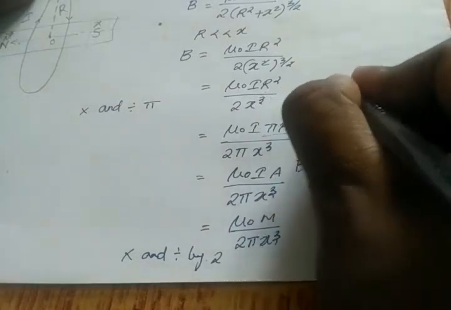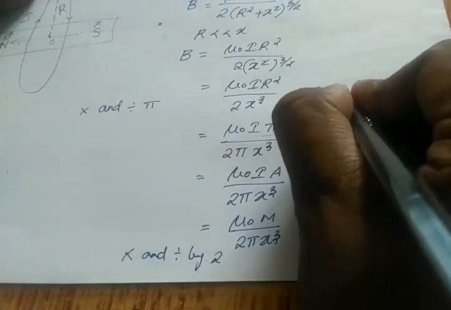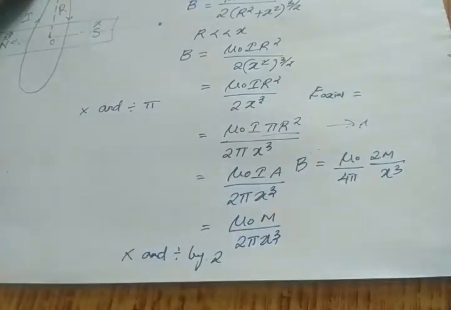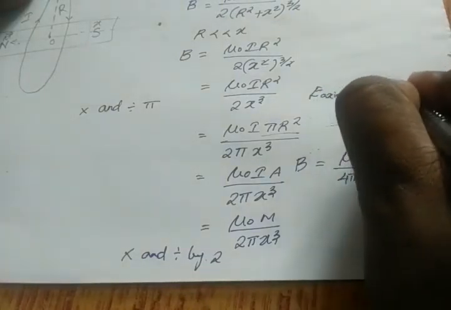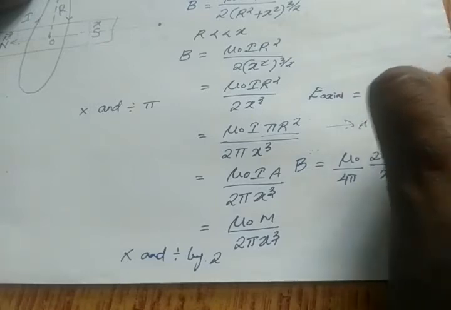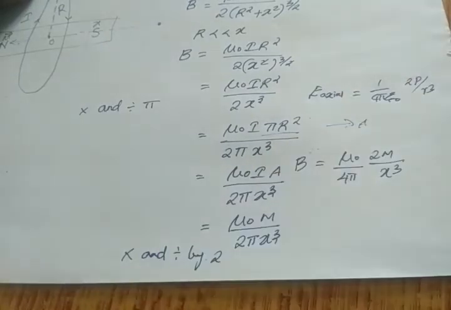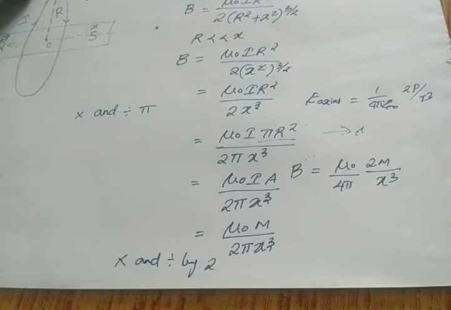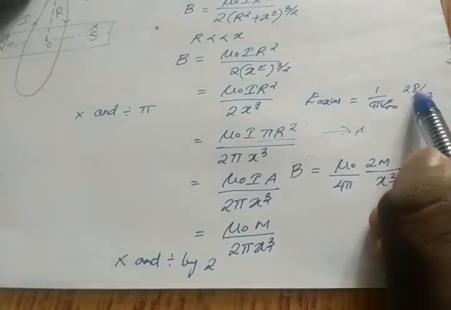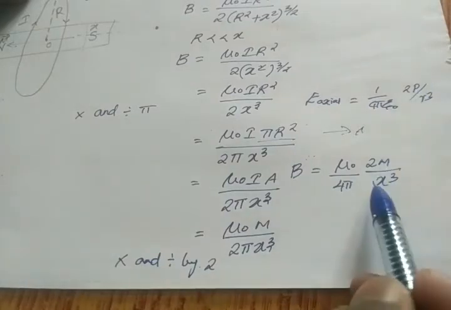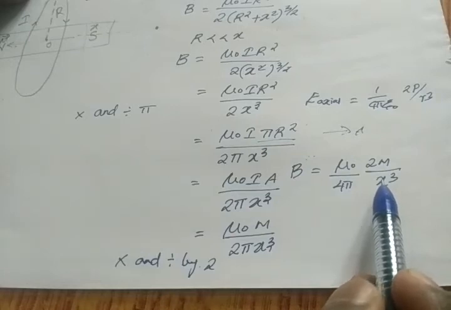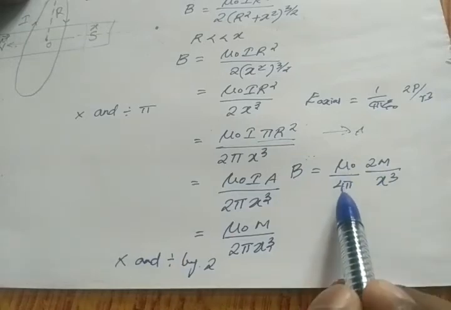Remember E axial, the electric field due to the axial line, which we studied in the first chapter. We studied 2 equations, electric field due to axial and electric field due to equatorial plane. So what is the axial equation? Can you remember? 1 by 4 pi epsilon naught, 2p by r cube. So this is the equation for electric field at a point on its axial line. What is p here? P means electric dipole moment. What is r? R is distance. So it has the same structure as the axial line.